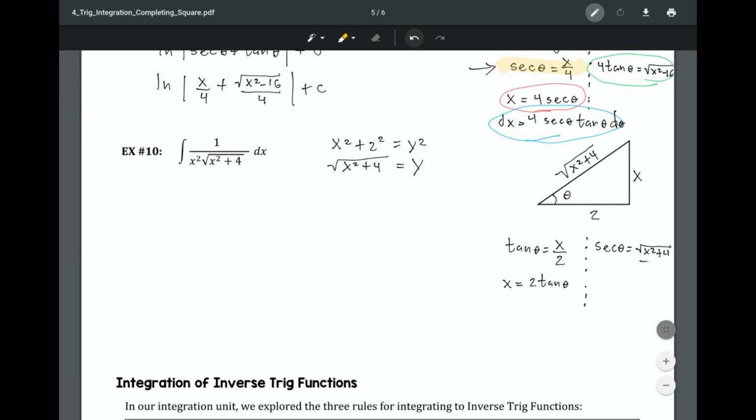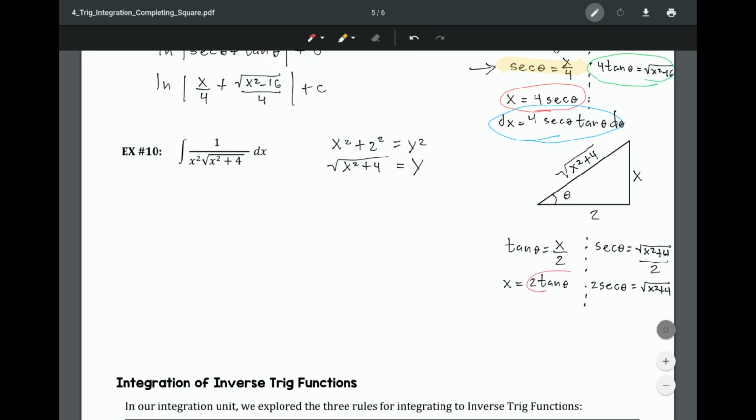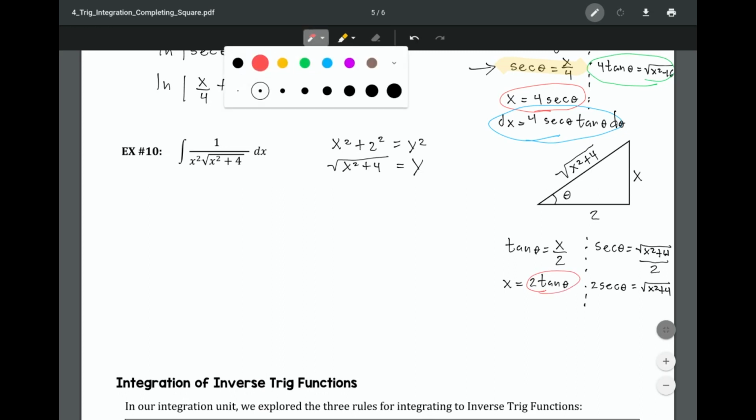And I did that because now when I solve for the square root of x squared plus 4, that's going to give me 2 secant theta is equal to the square root of x squared plus 4. All right. So now I'm going to be able to replace all this. Okay, so now remember that I'm going to replace this x with this. And I'm going to replace this right here with